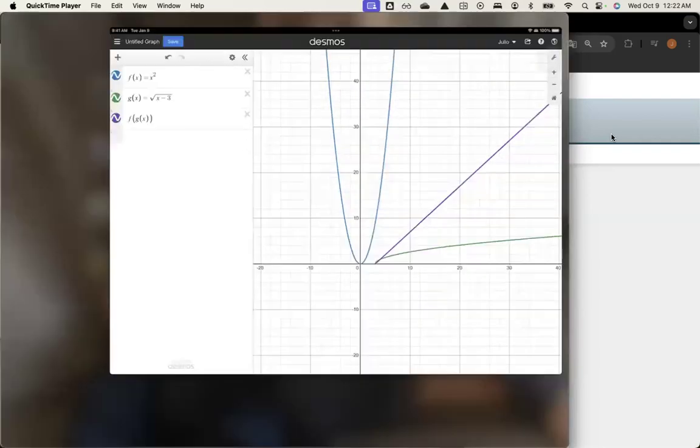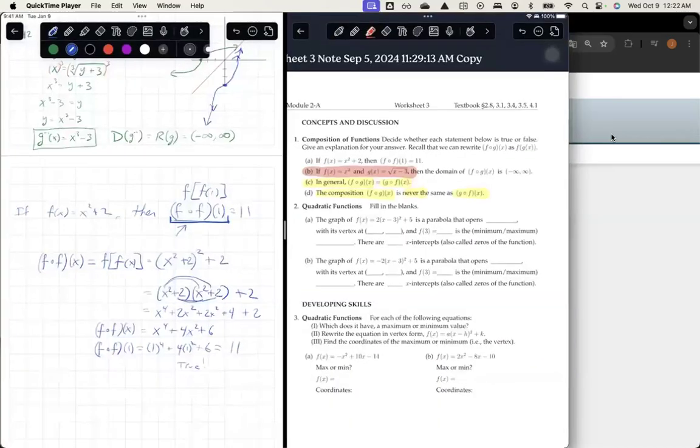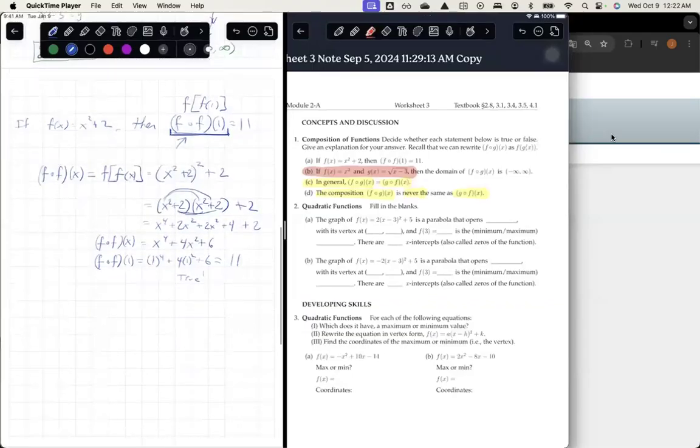So yeah, take a look at the question. The question says if f of x is x squared, g of x is equal to the square root of x minus 3. f of g of x, it's asking a question about the domain of this function. f of g of x